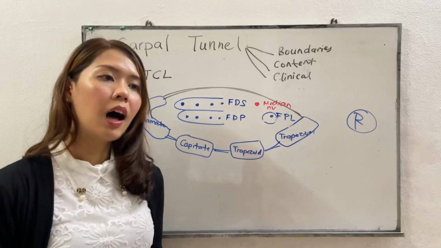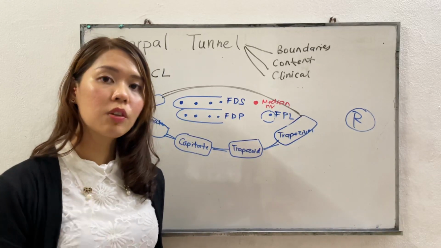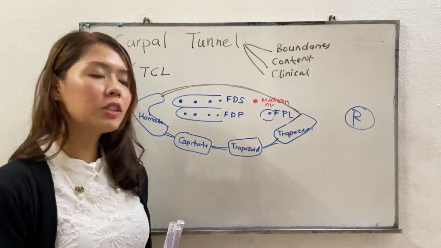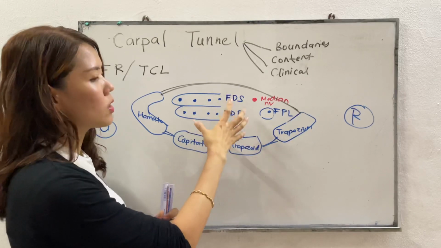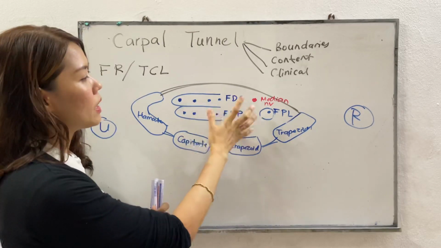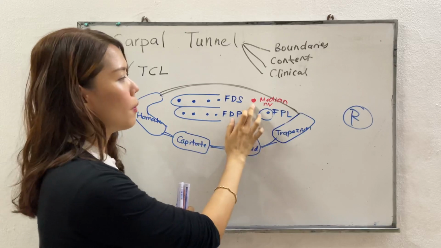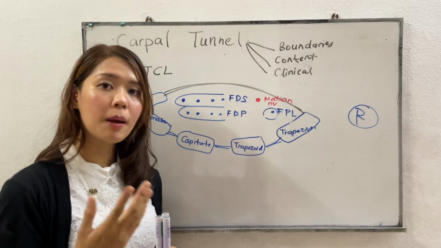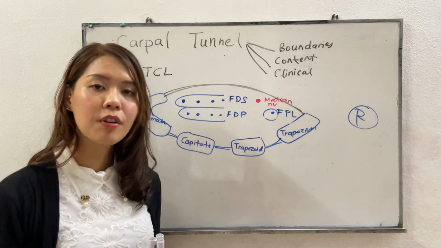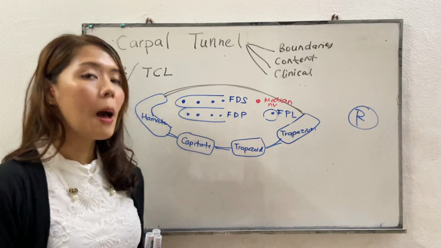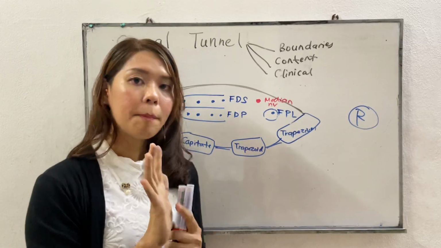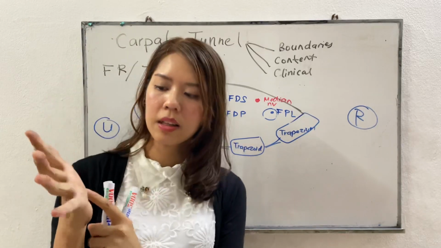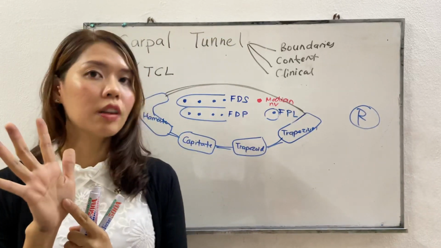For example, during pregnancy, water retention will cause a decrease in size of the carpal tunnel, or when there's inflammation of the synovial sheath. All these conditions will easily compress the median nerve. When this happens, the patient usually will have numbness on the lateral 3.5 digits. But the palm area, or more specifically the region here called the thenar eminence, is not affected,